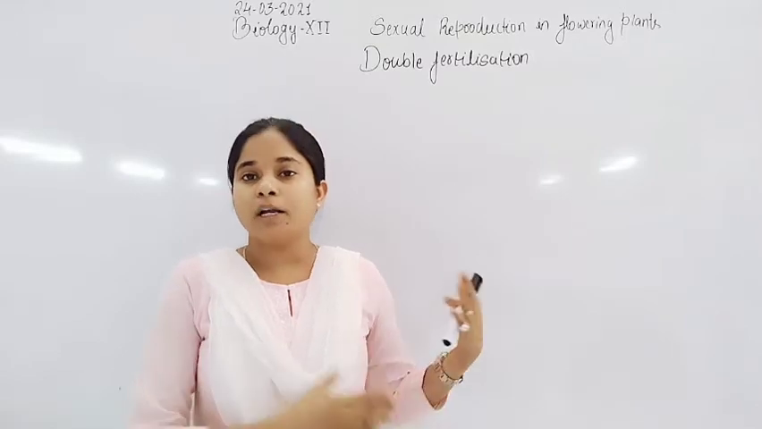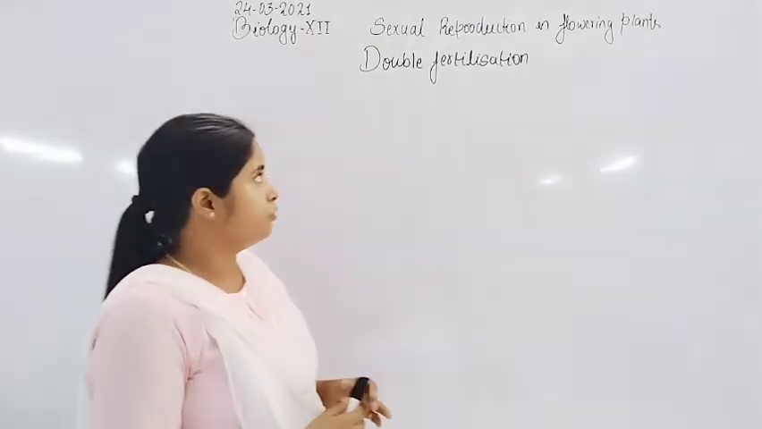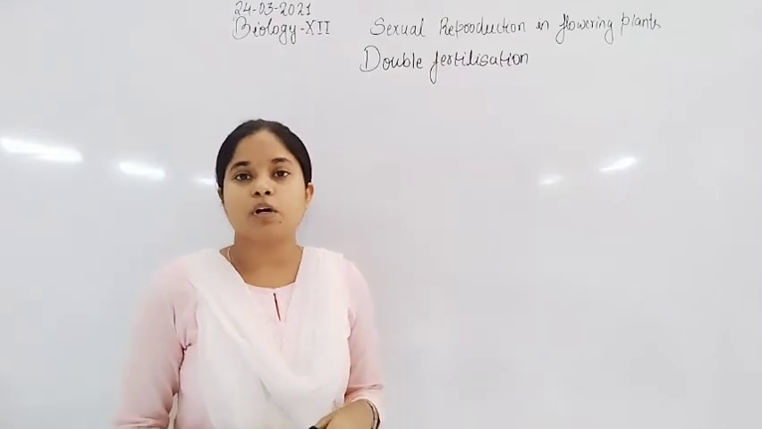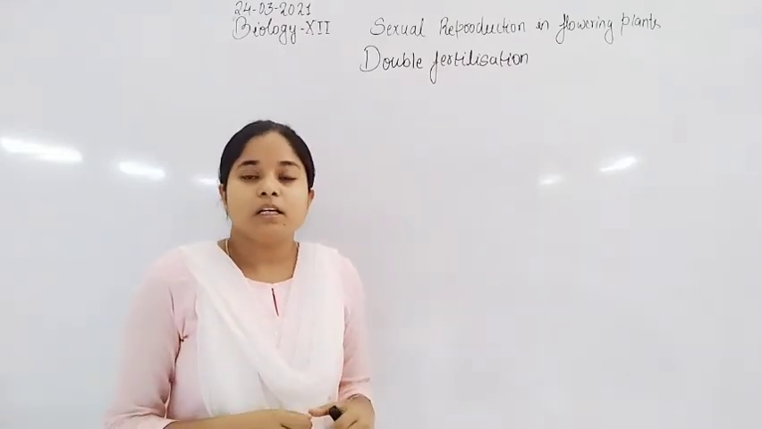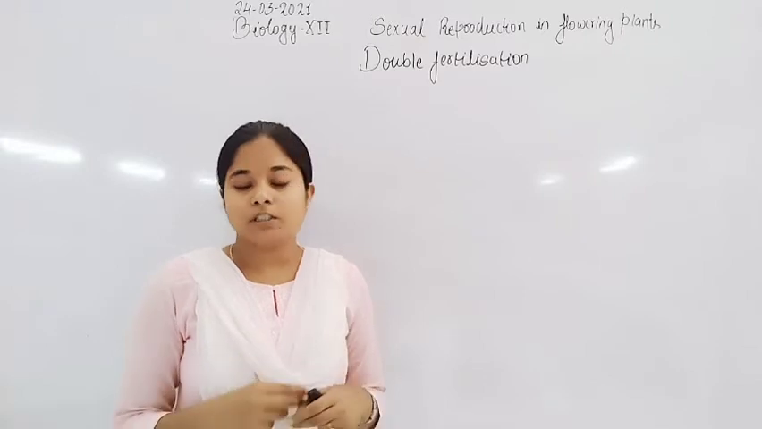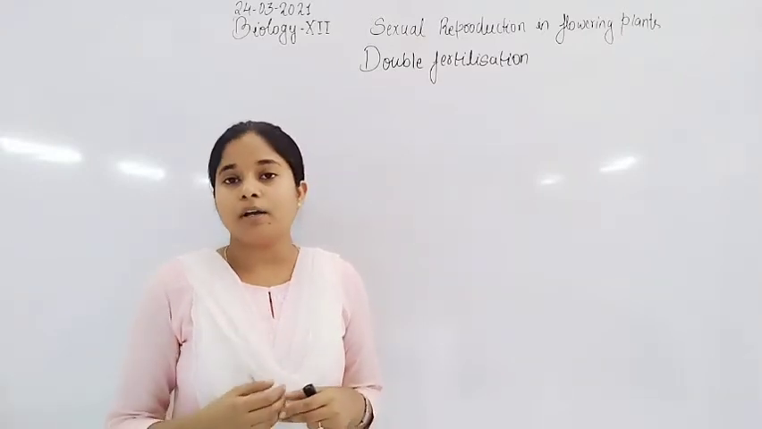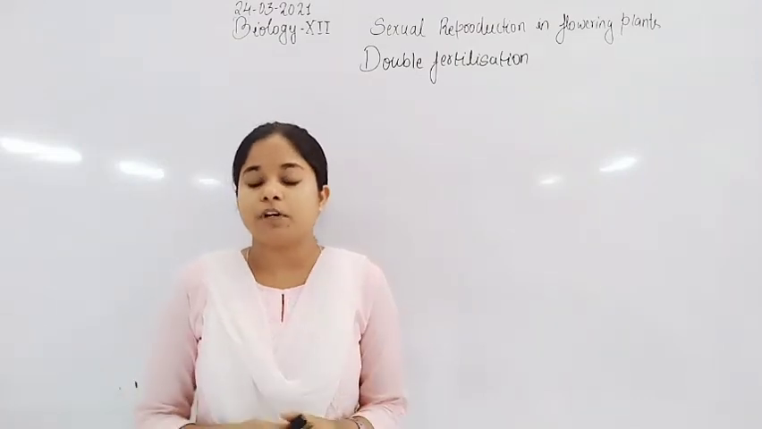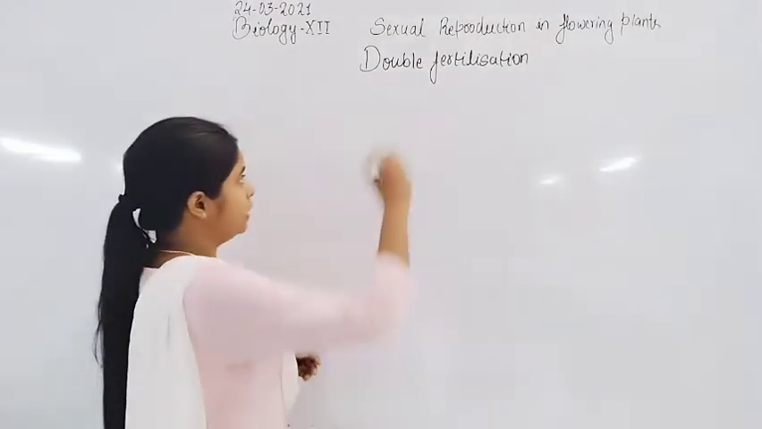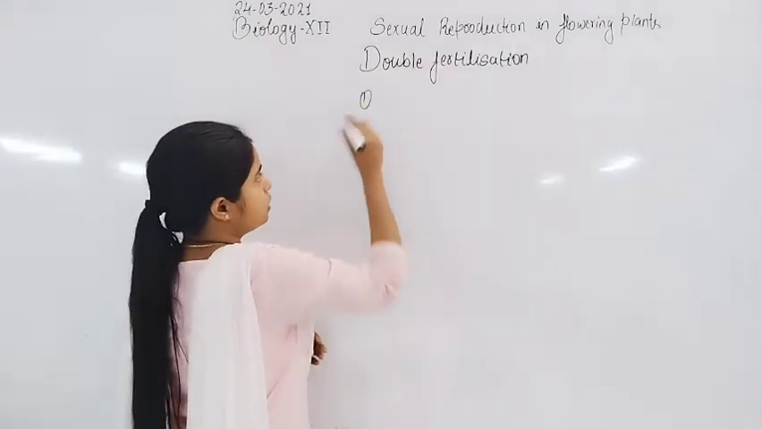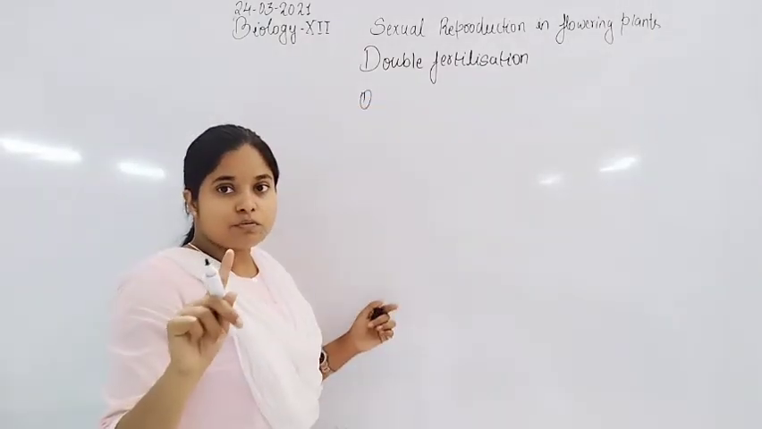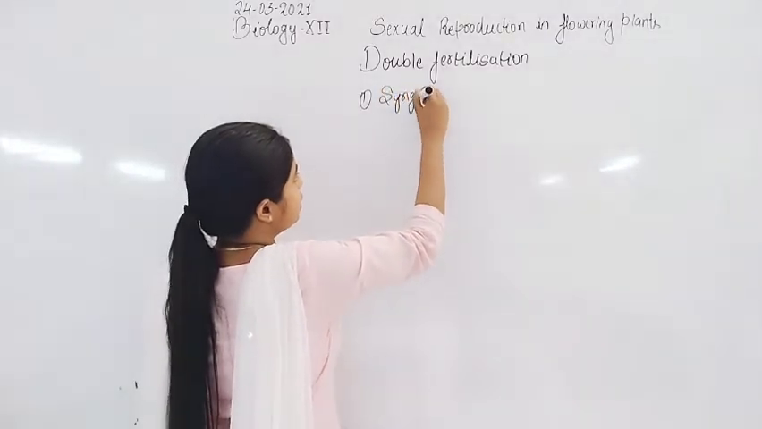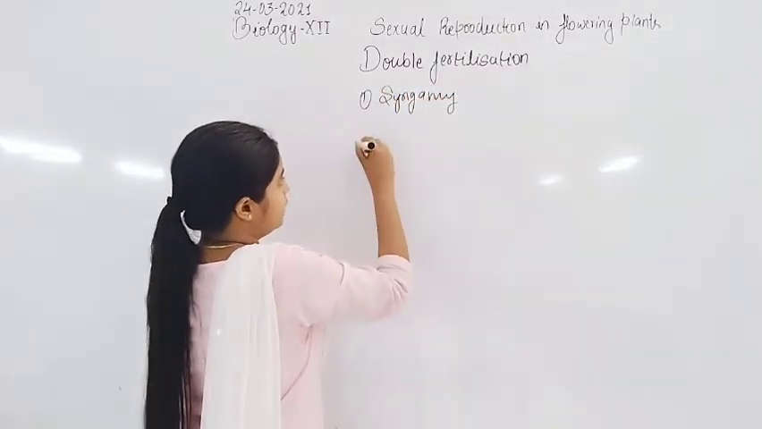Now it is the turn of fertilization. Double fertilization is the characteristic feature of angiosperms or flowering plants. In double fertilization, 2 fertilizations take place in flowering plants. So double fertilization is divided into 2 steps. The first fertilization is syngamy,